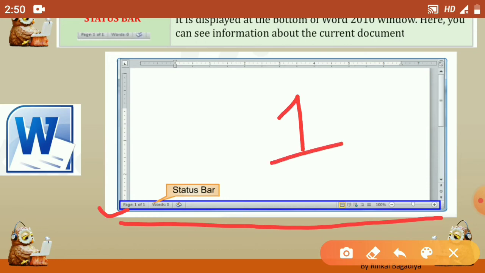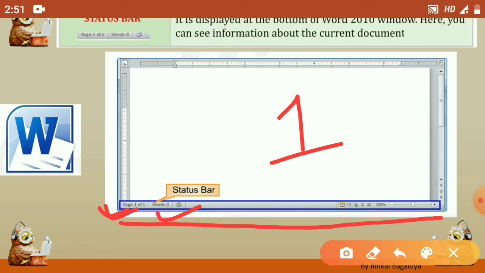When our file has 3 to 4 pages, it will show the current page. For example, if a total of 4 pages are there in our file and we are on the first page, it will show us 1 of 4. It will count the total number of pages. And it will also count how many words you typed in your document and show us.